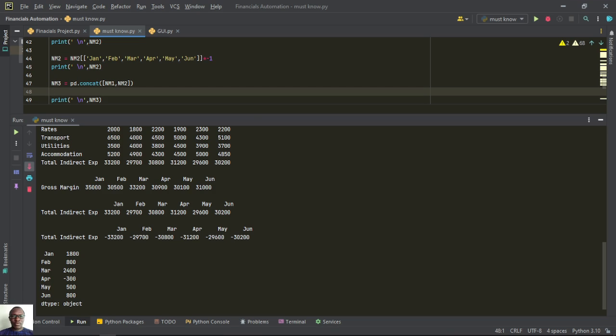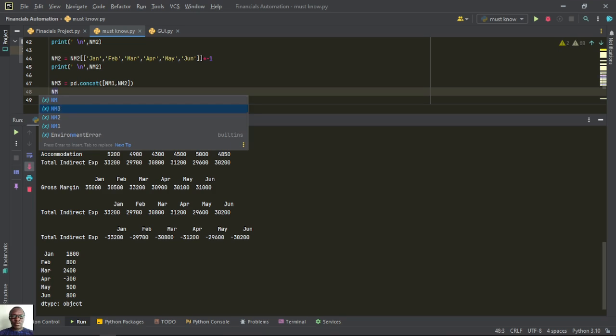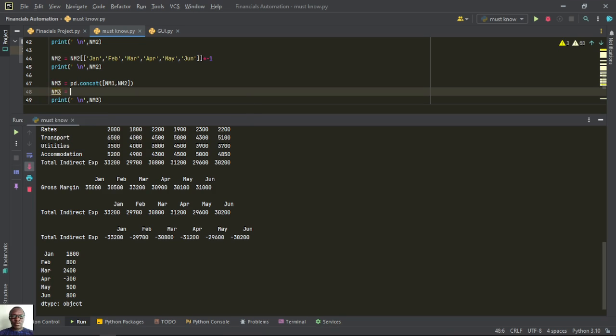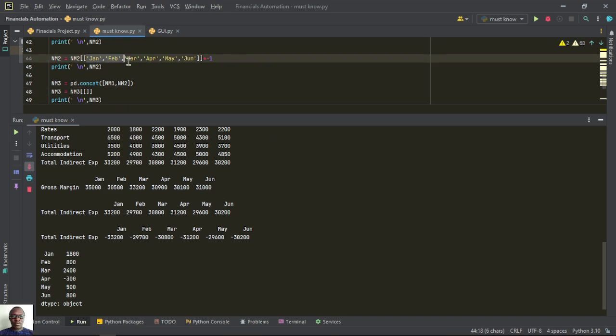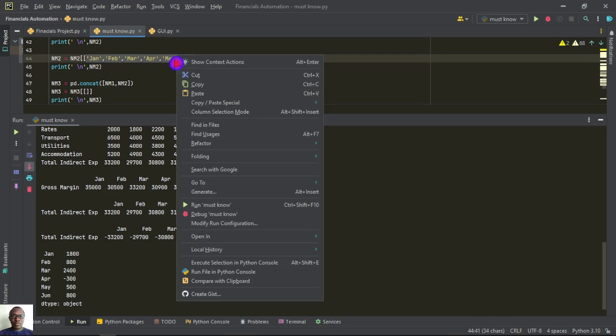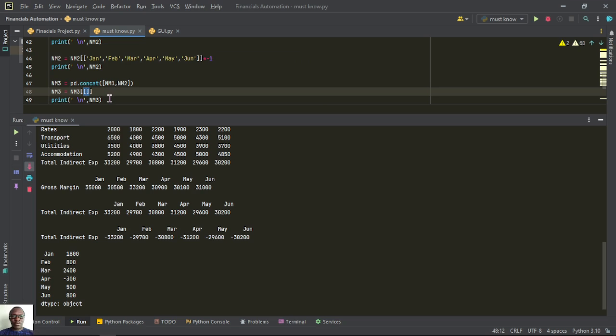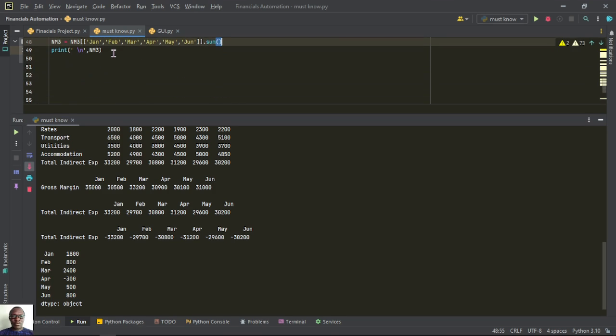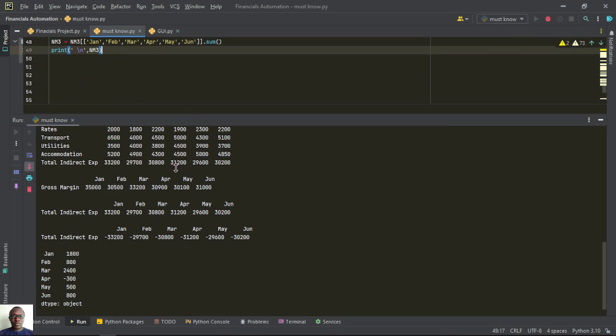So here we can say that nm3 is equal to nm3, and again we must reference all the column labels. Then I'll put this one here. Then let's say dot sum. So now when you run the code, you'll see we have the